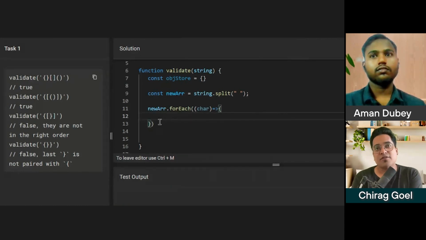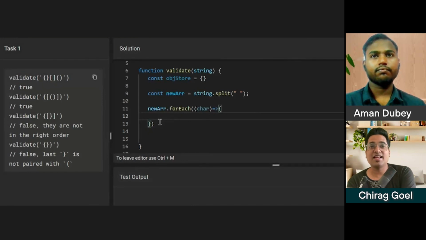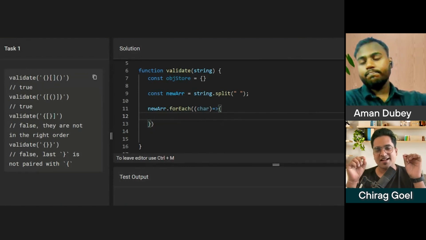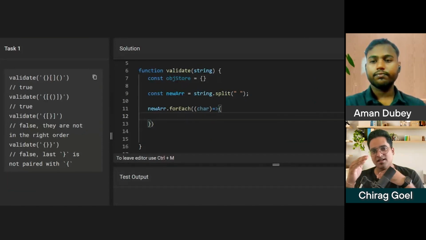But what is not feasible? The order. If the curly braces started at the beginning, then it should have a closing curly brace at the end. Who is going to maintain that order? In such cases, what matters is the order. The order in which you start, the same order in reverse you have to end.